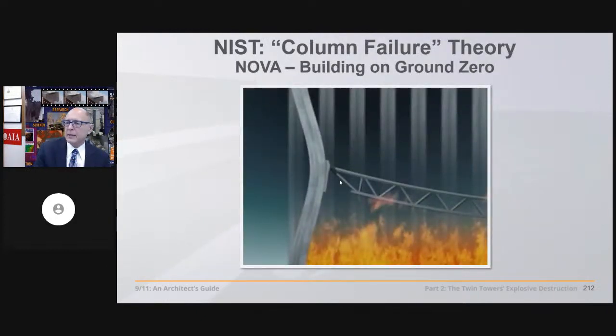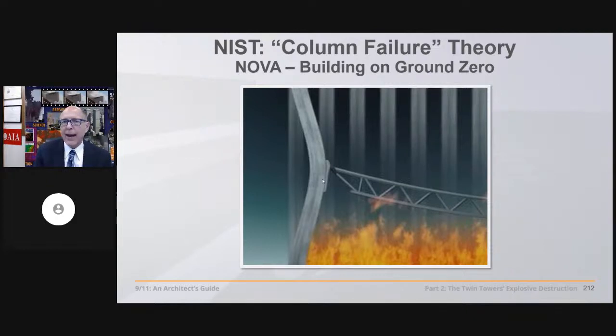Let's take a step back and then see, well, what did NIST say? They said the massive fires were heating up these floors so that they could sag. Well, sagging floor columns don't produce inward bowing on columns. There's a certain force from a catenary arch. It's not enough to pull these columns in, though. So NIST imposed that artificial 5,000-pound load on every column, on every third column, all the way around the building where they're attached to these trusses.